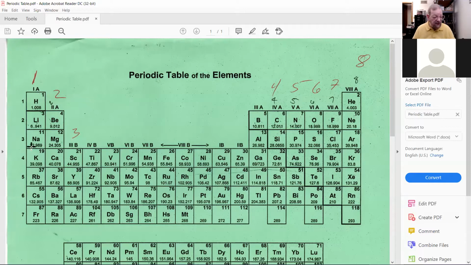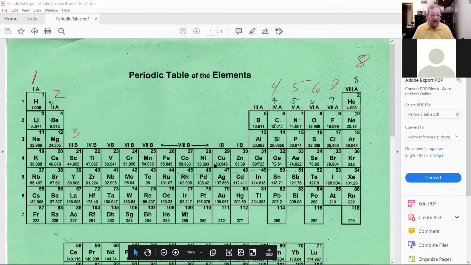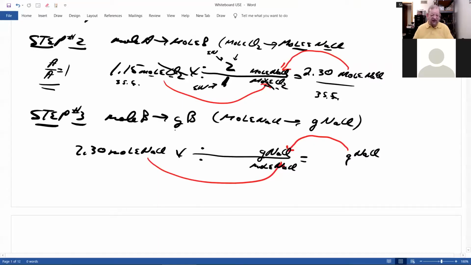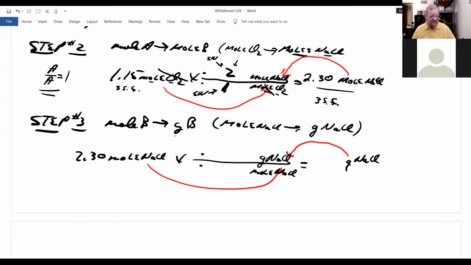To round that off to 3 significant figures, keep the 2, keep the 2, keep the 9. Use the 8 to round off, that's 5 or higher. So I'll drop that 8 and 9, increase the number in front, 0.9 by 1, that's 1.0. So this would be 23.0, the correct atomic weight for sodium,